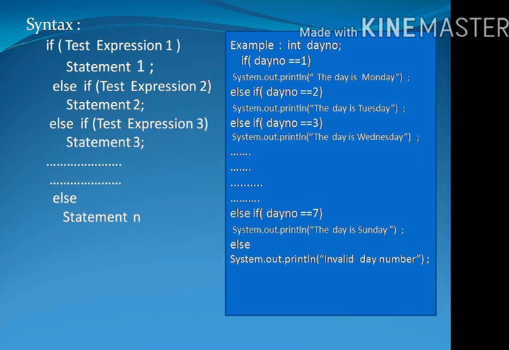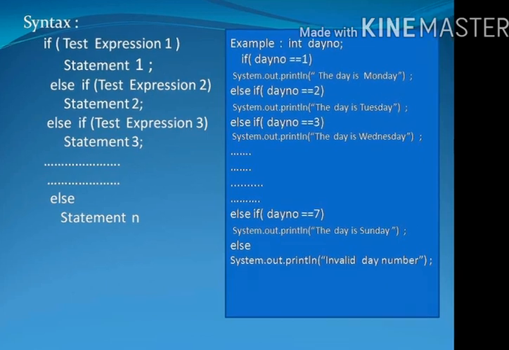Out of these 7 conditions, at a time only one condition is satisfied. If all the conditions are false, then the else statement is executed. In the else statement, the message is invalid day number, because we know 1 week consists of 7 days.